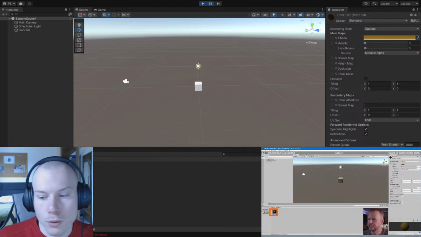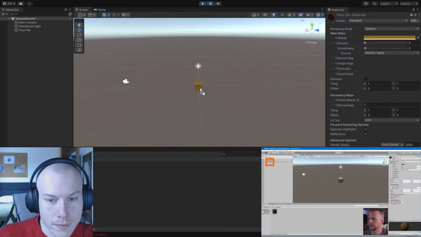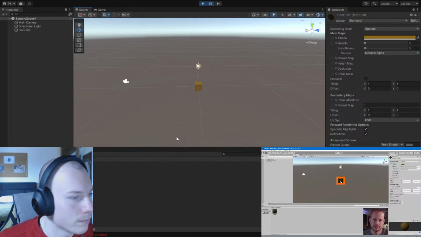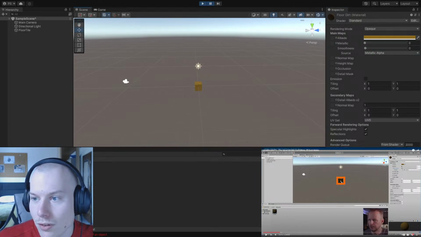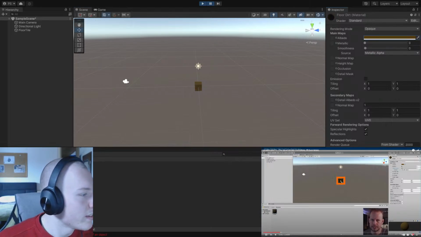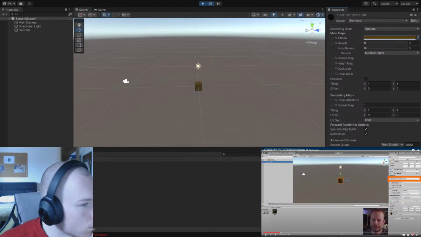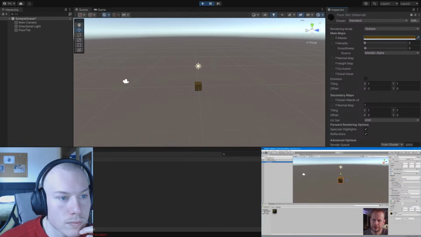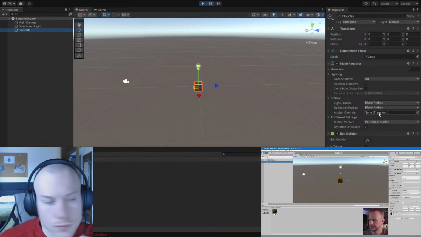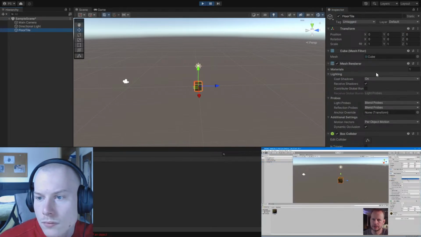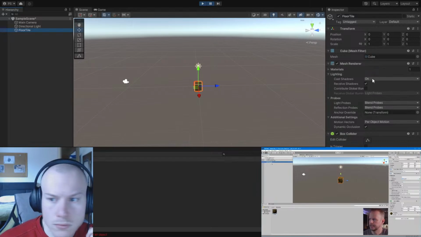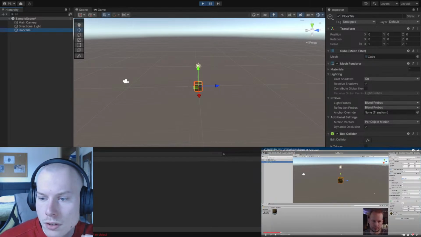We'll click on it and drag it onto the cube here. You can either do it onto the one up here or straight into the scene. Let's drop it on the cube here in the scene since we can see it. And if I select the floor tile now, you can actually see that it replaced this material here, the first element, to floor dirt. We dragged it onto there, but you could technically drag it onto there, or you could have dragged it onto there. There's many ways to do it. So pick your